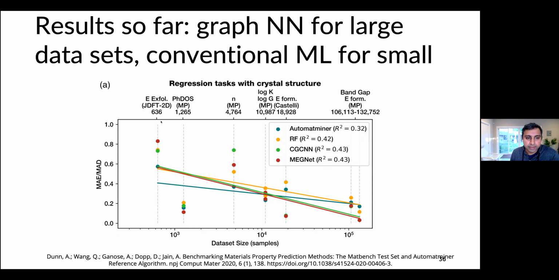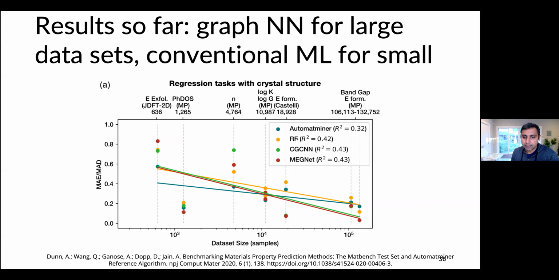And so what we see here is that on the data sets that have, let's say, 600 data points, the blue is the AutoMapMiner, which is a more conventional machine learning approach, and it seems to be doing the lowest error. And things like CGCNN and MegNet, which are more the deep learning models, don't have enough data to really train well, and so they end up with a much larger error. But as you get to a larger data set size, what you see is that some of these crystal graph neural networks like MegNet or CGCNN have a very sharp slope, which means that they rapidly get better with increased data.